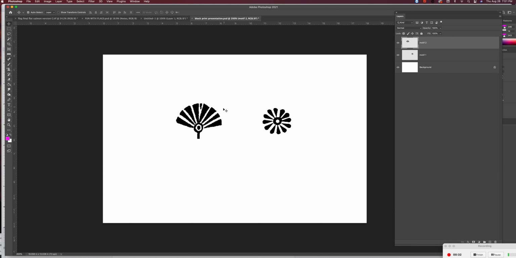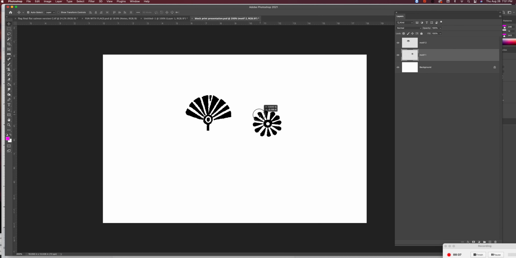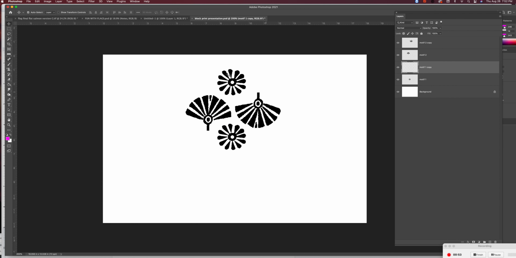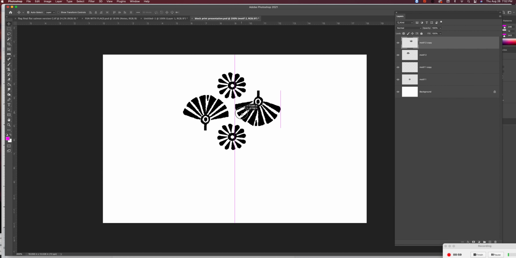And I'm going to create a grouping of motifs by duplicating and maybe rotating the elements here into what will become a new motif by merging them together. So a motif can be an individual element, or it can be a group of elements that create a motif unit. So I'm going to merge these layers together, and this is going to be the motif that I work